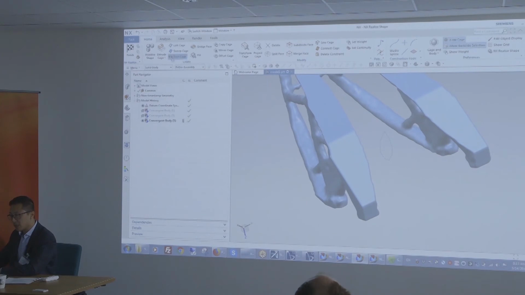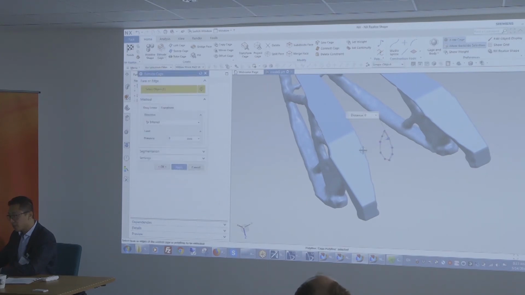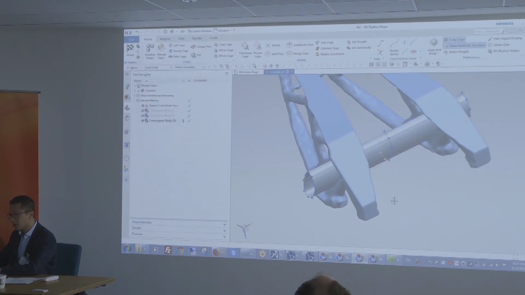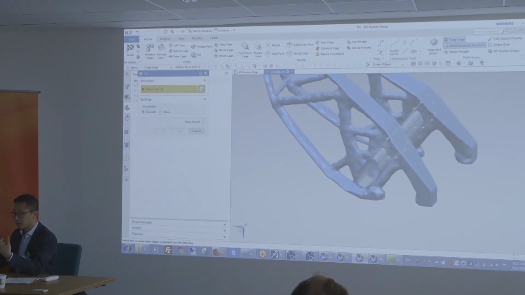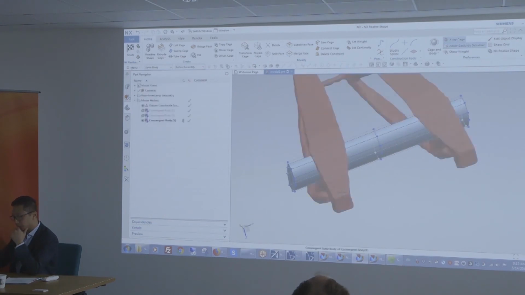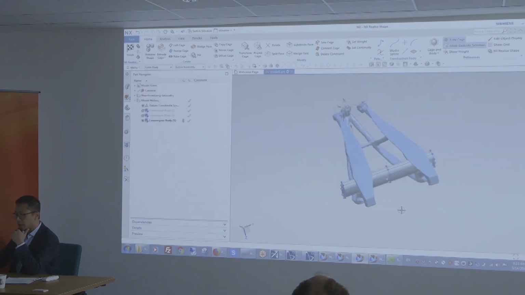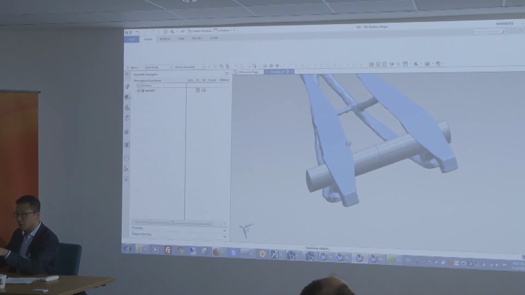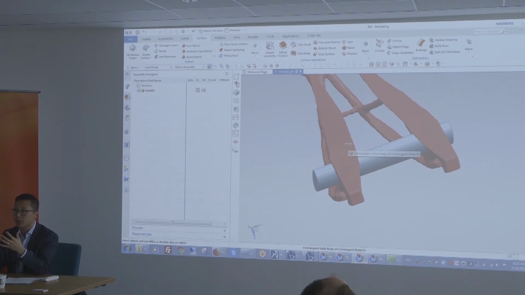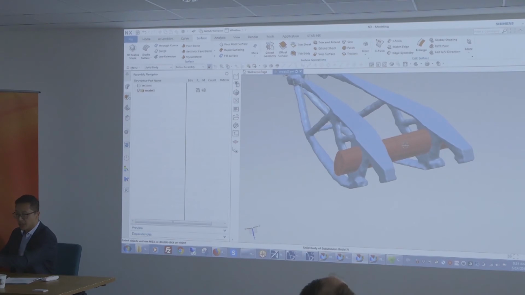So I can simply extract the cage in this direction. Take this again, pull it in that direction here. So I'm essentially creating new geometry on top of my facet geometry. I'm going to close this so it becomes a body. Now I'm working with something called a subdivision body, which is done using B-Rep modeling tools like NX Realize Shape. So I can create geometry with these kinds of shapes. I'm working with facet geometry, which is this.